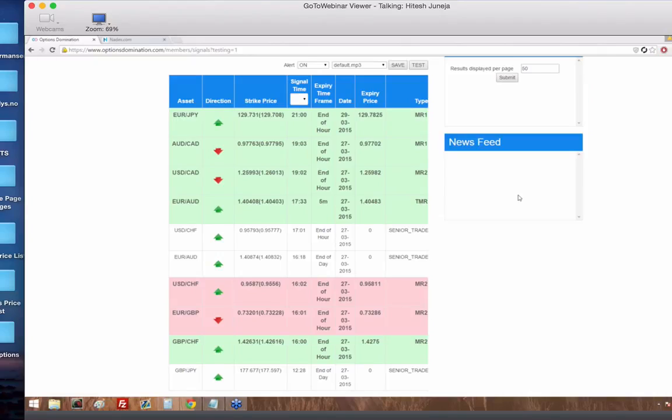Okay, so it's just a matter of you going to Nadex, finding a good payout. You'll find a trade that has a good payout available, and you will take just that trade. So if the news feed comes in that something's going to happen with JPY, it'll tell you which direction it's going to go, based on what we're looking at. And then at the same time, another type of market analysis is going to be issued to you, which will tell you what you should be doing, what the current market looks like.